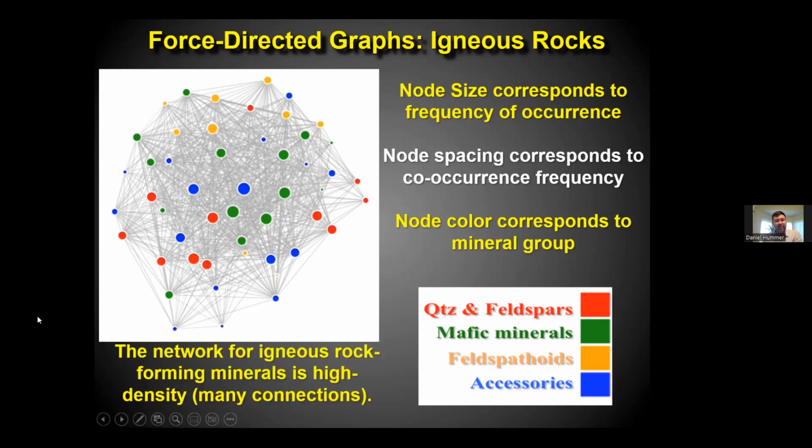So this network, as it turns out, for igneous rock-forming minerals is a very high-density network. There are various metrics that we can use. The density has to do with the numbers and lengths of the connections between those mineral nodes. And the more of those connections there are, the higher the density. And by the way, there are formulas that you can use to work out all of these metrics. They have a formal mathematical definition. So we can get a lot of information from these network diagrams and determine all of the various ways that minerals can co-occur with each other on the Earth and in other environments.